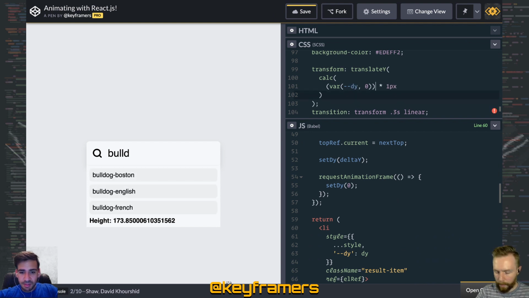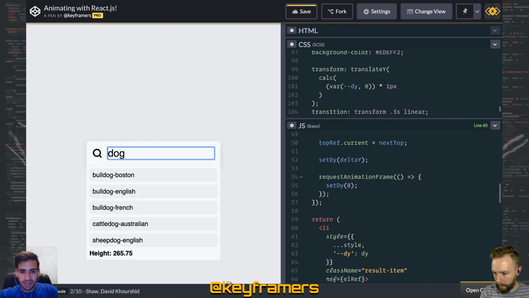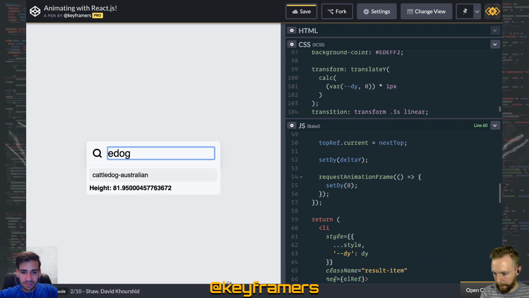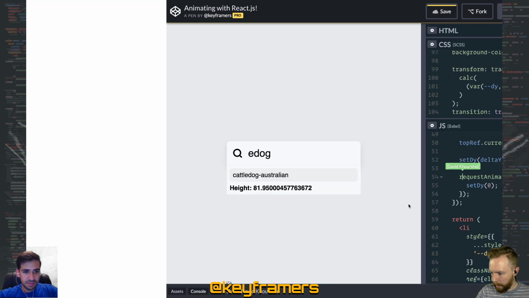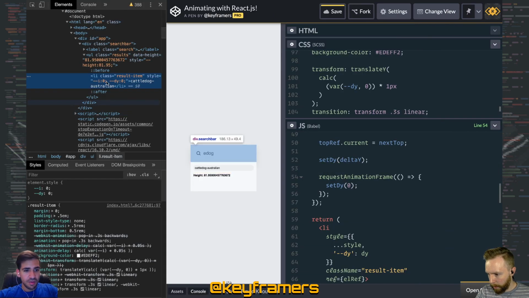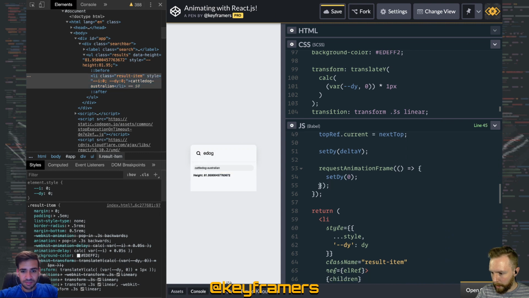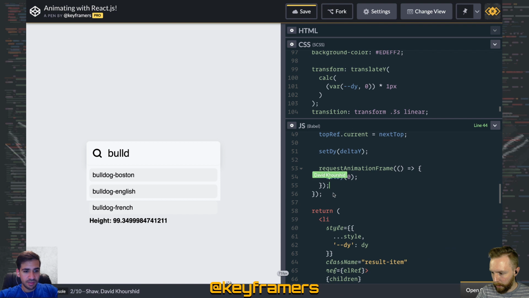If you type dog and then you go to the beginning and you type an E, you'll see cattle dog should have that delta. Does it have the right delta? That's the question. Let me see. It doesn't have any delta. Well, the dy gets immediately reset, so it's not going to have it. Oh, okay. So let's go ahead and